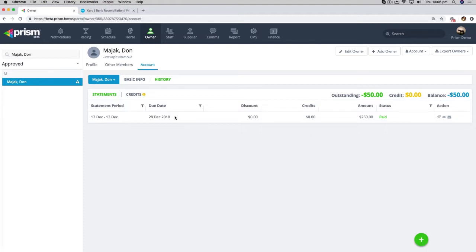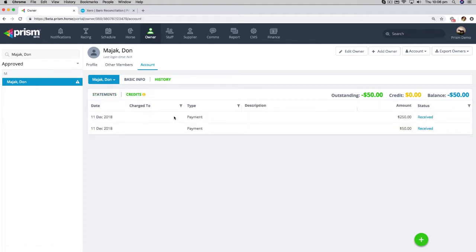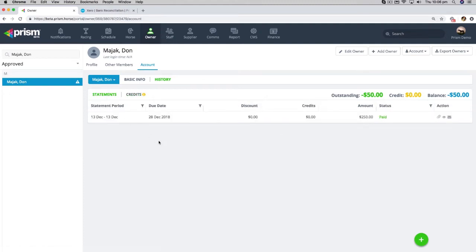So next time an invoice goes out to Don, there'll be an opening balance that is $50 credit, so it'll take off $50 from his next bill. If you've got any questions around